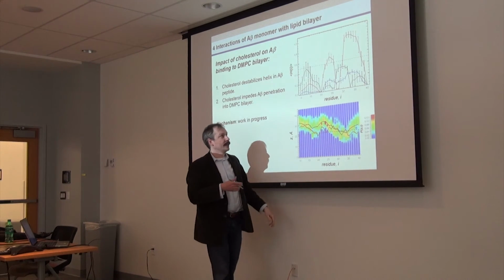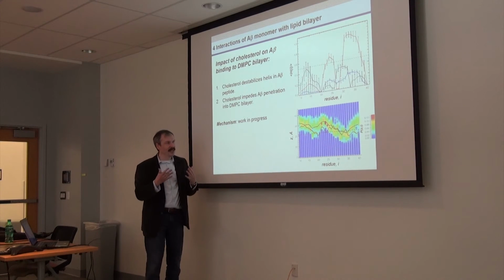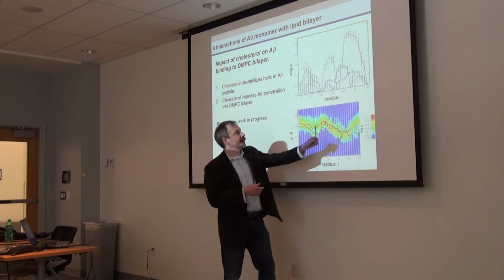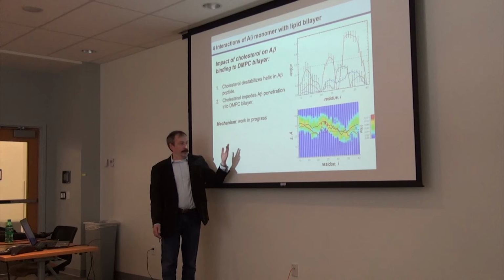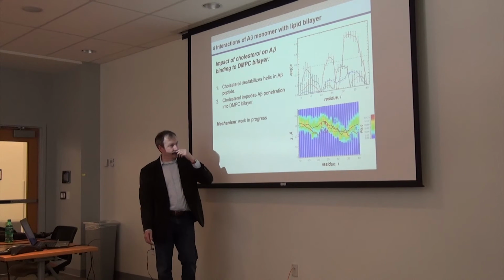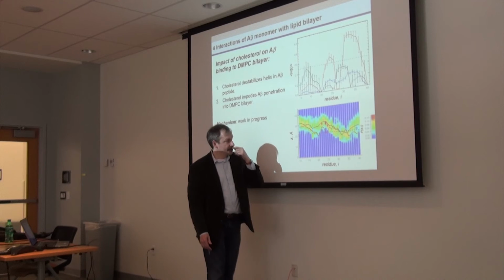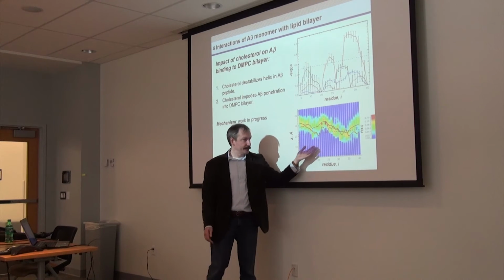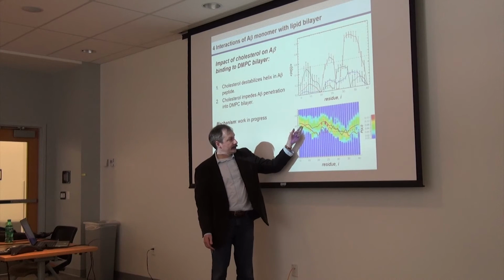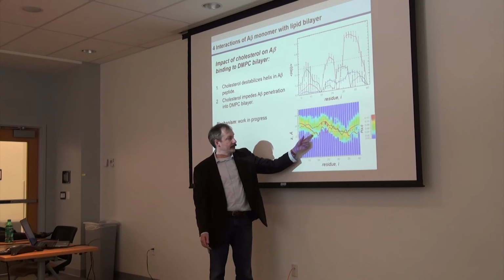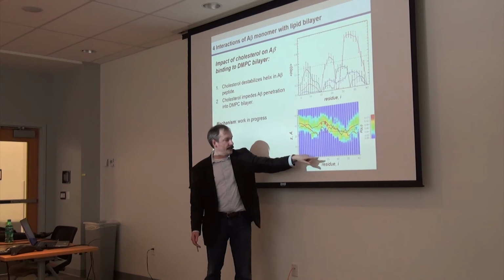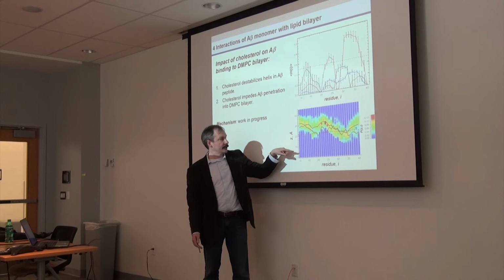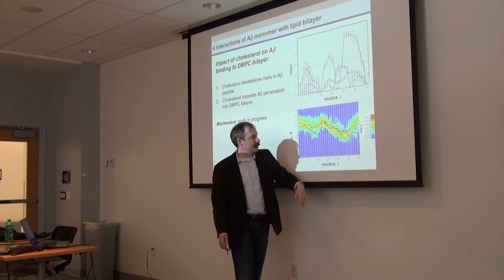For example, the N-terminal is acquiring more helical structure. But by and large, the degree of helix which was seen, for example, in the bilayer without cholesterol is gone. Second is the degree of penetration of the A beta peptide in the cholesterol-rich bilayer. So again, this is the same plot which I showed before, except that there are two continuous lines here. The red one corresponds to the average position of each of these amino acids along the z-axis in the cholesterol-free bilayer. That basically shows that the C-terminal is